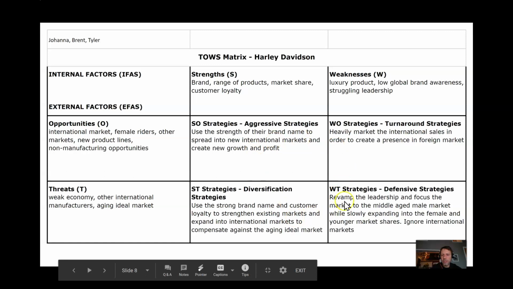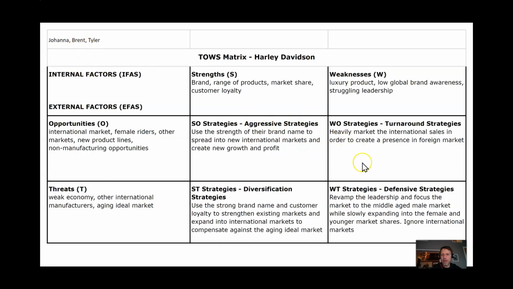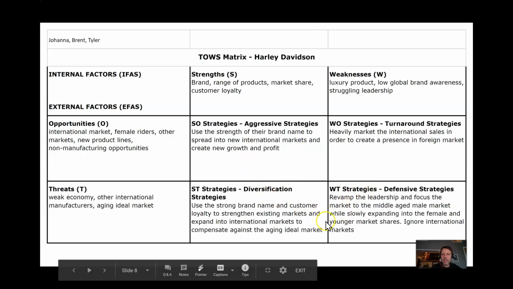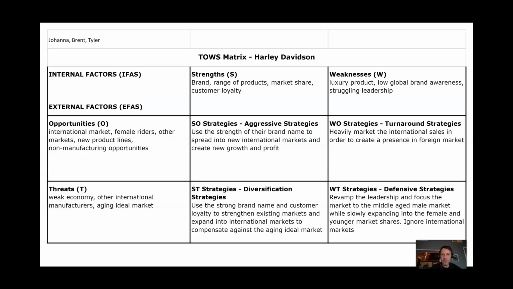And you can pause it here and look at a range of strategies that, in this case, three students, Johanna, Brett, and Tyler, were able to come up with, thinking about that mix of SWOT findings from all the research, the front side of the poster, or what's a PowerPoint presentation for you. Then they can begin to evaluate and compare those ideas. So again, I always encourage you to pause it if you want to take a moment and look at something, but you would develop a TOWS matrix with multiple ideas before you've settled on your final recommendation.